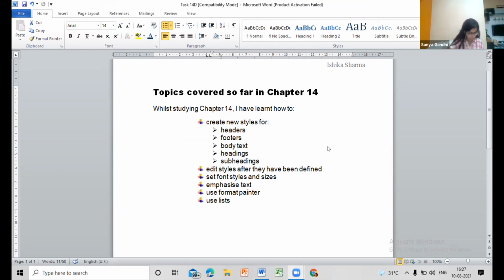14 E. What we have to do is open the file saved in task 14D, which is already open for us. Change the first level bullet list into a numbered list using Arabic numerals, and the second level list into a lettered list using A. Now how do we do that?